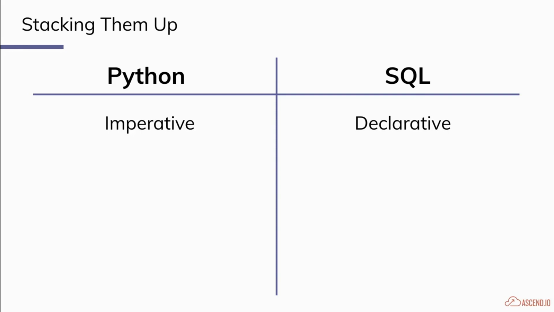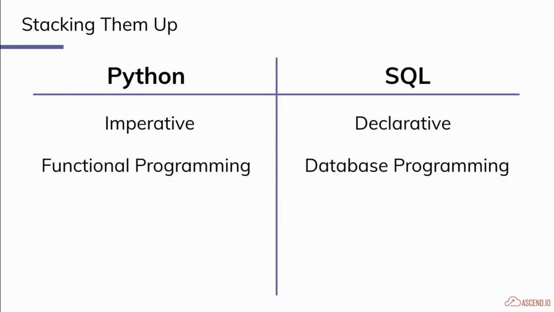So keep that in mind, because with Python, you can define basically your own stuff. And with SQL, you're less worried about that and just getting optimal scalable performance, especially with databases. And speaking of databases, we're going to jump in a little bit to the functional programming and database programming side of things, right?